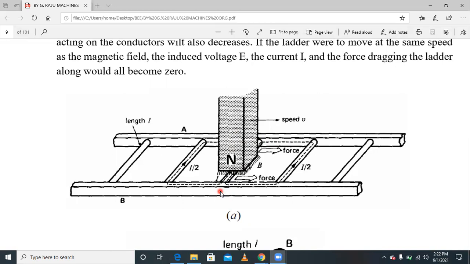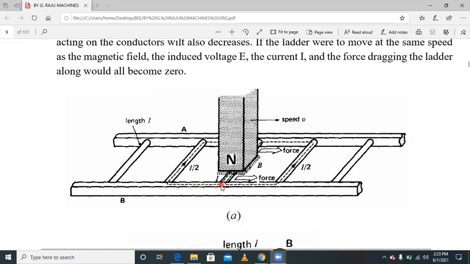Am I right? The rotor is not rotating immediately because of inertia. So that's why there is a relative speed between the stator rotating magnetic field and the rotor. In this example, there is a relative speed between the permanent magnet and the rotor. Because of that relative speed, E is equal to BLV, the EMF induced in the rotor conductor.